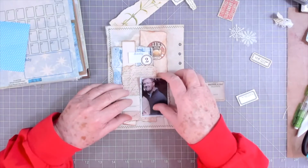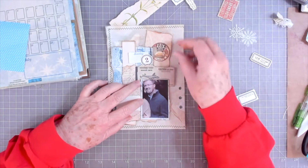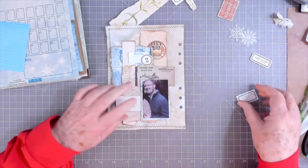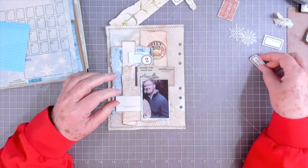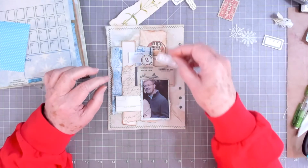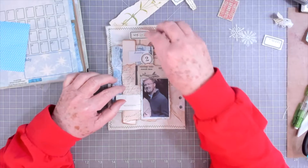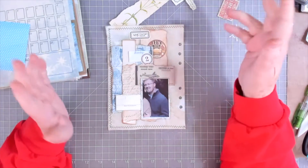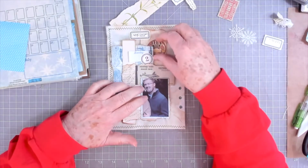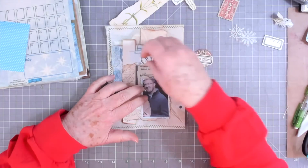So let's see. Let's slide him down a little bit more. And put that there. That up there. And I was going to put these pieces on there, but I think I will leave those off. I might put that one up there. Because it should say 190% because he is very courageous in all the things that he does. He never complains. He works hard for his family. He's just...